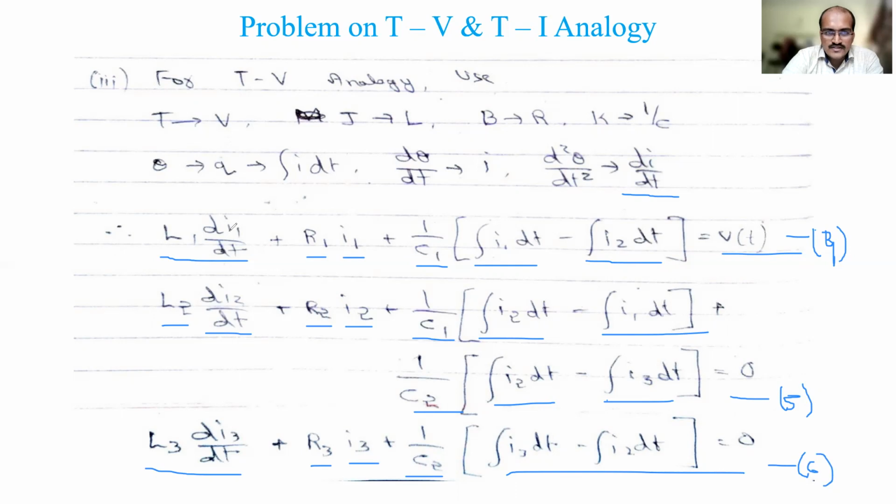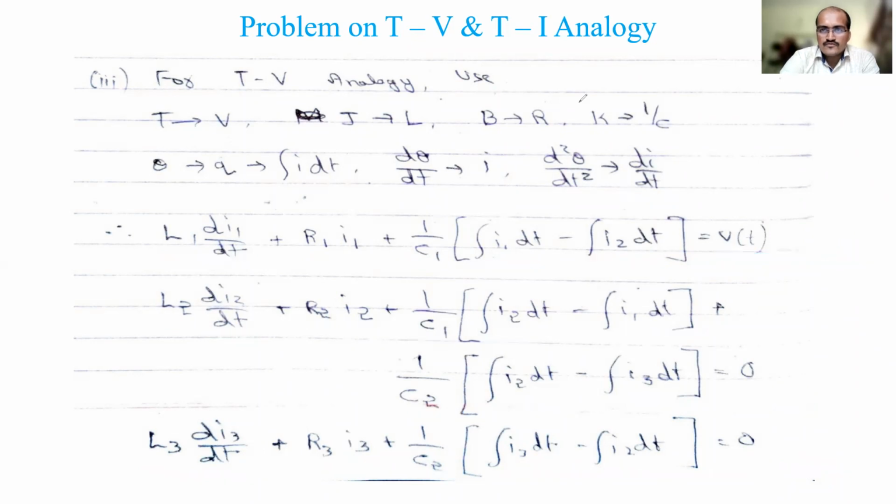In the first mesh, you have L1 and R1 as the self elements. In the common branch, you can write C1, and V of t can be connected there. Coming to the second mesh, you have L2 and R2 as the self elements. C1 is already there at the mesh 1 side. On the mesh 3 side, you have to draw C2. That is the new thing. Then mesh 3, you complete by drawing the two elements L3 and R3. Simple. All this explanation is necessary so that you are able to do the next assignment problems easily.